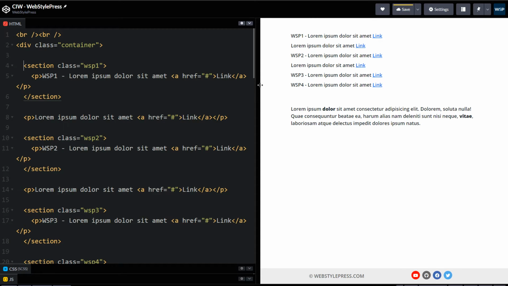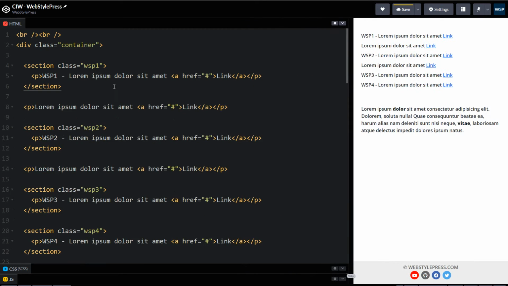Consider this HTML code. We have a few paragraphs contained in sections and a few paragraphs without a section. So, a section with class WSP1, and inside there's a paragraph with a link. Here we have a simple paragraph with a link. Here again a section with class WSP2, paragraph with a link.